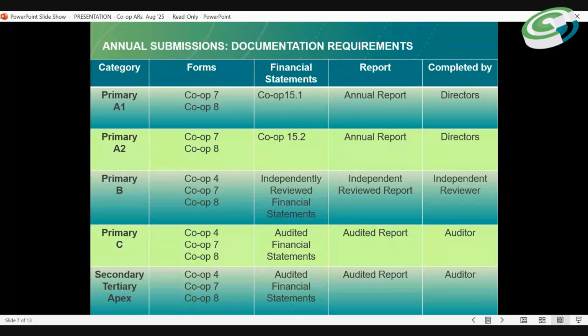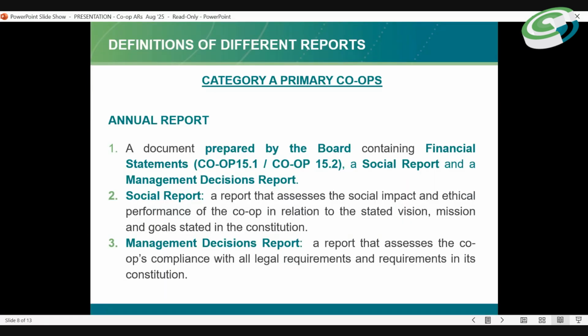Similarly, with the secondary, tertiary, as well as the national apex, they need to submit audited financial statements, which can be compiled by the auditor. These are just some of the definitions that are also stated in the Act.